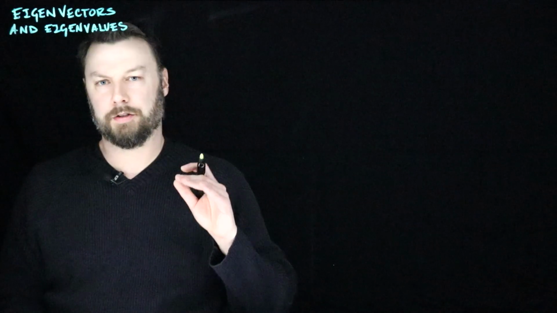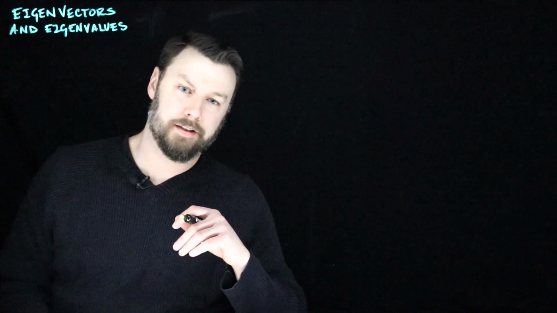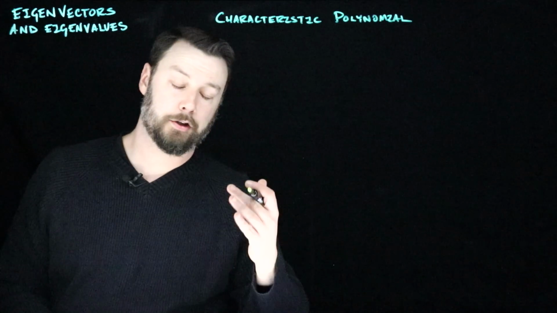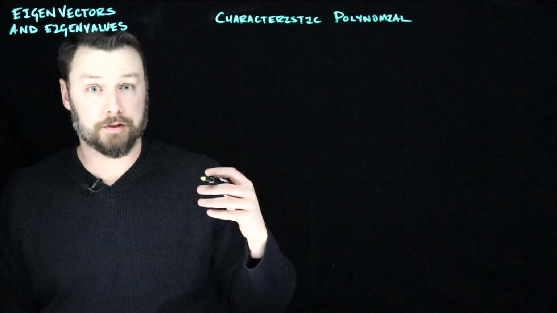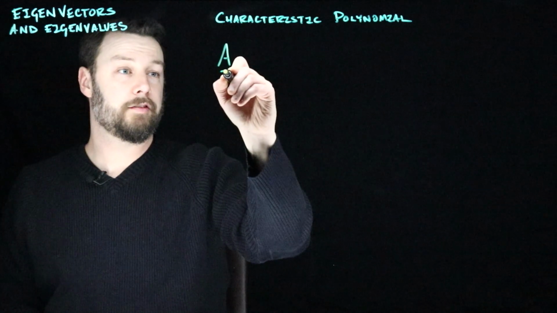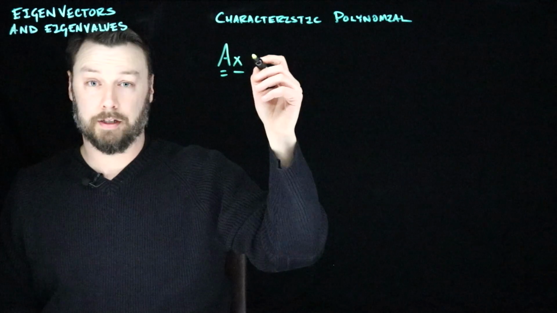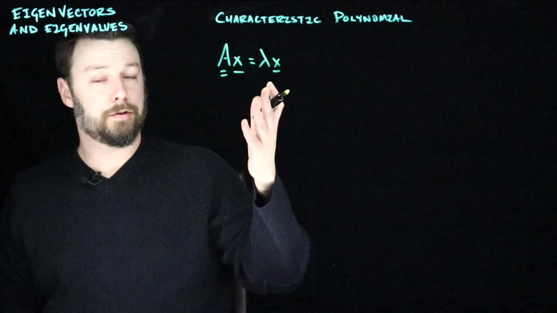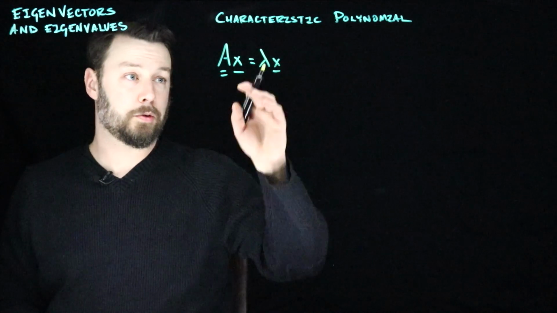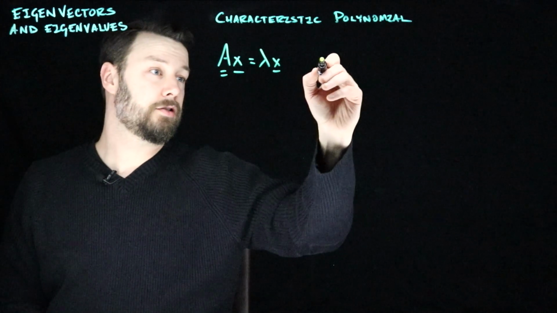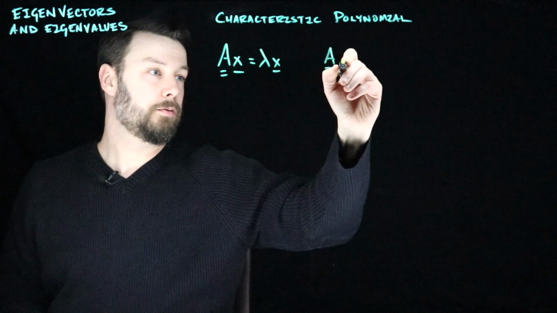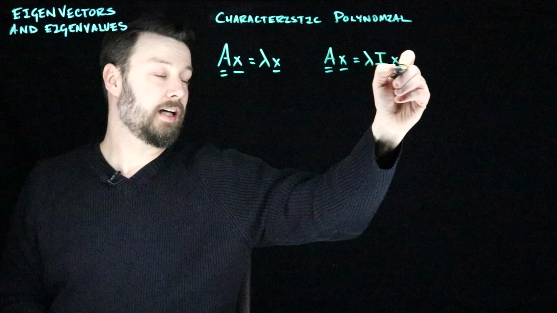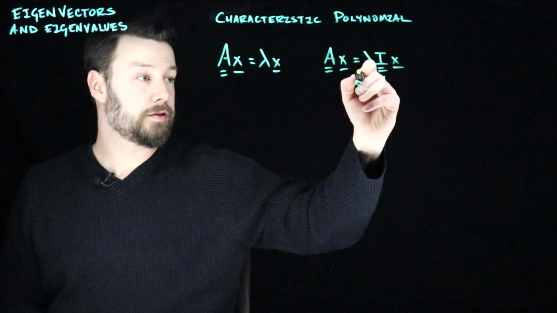One of the key ideas that you want to be aware of when you're thinking about eigenstuff is the idea of the characteristic polynomial. Now our starting point for the characteristic polynomial is to think about our main property associated with an eigenvector and eigenvalue. That is to say that if I have a matrix A and I hit an eigenvector x, then all that happens is I scale it by some amount lambda. Now one thing I could do is throw an identity in here if I wanted to, because of course lambda is a scalar but A is a matrix, so let's solve that by writing this just slightly differently. We'll say Ax equals lambda identity x,